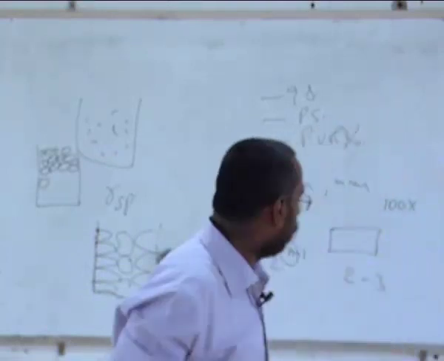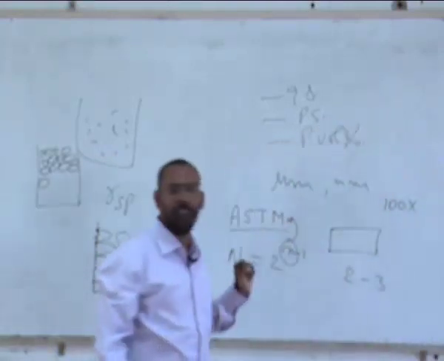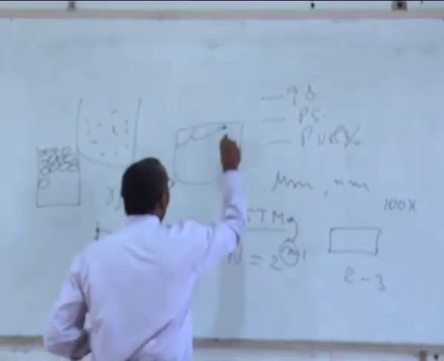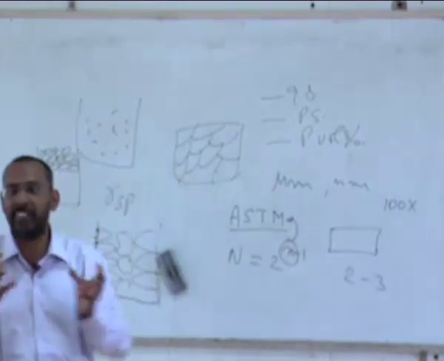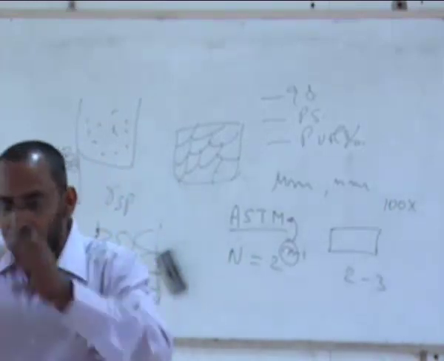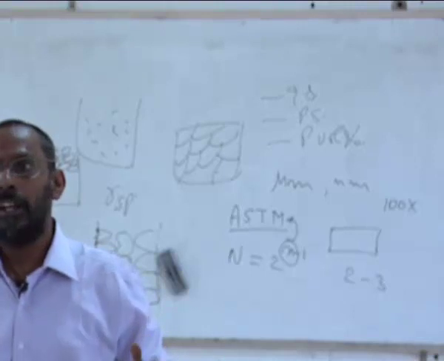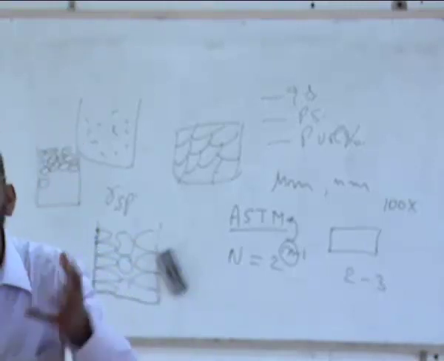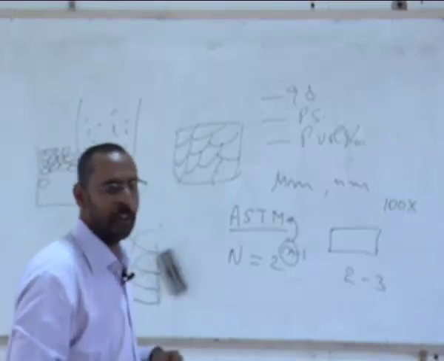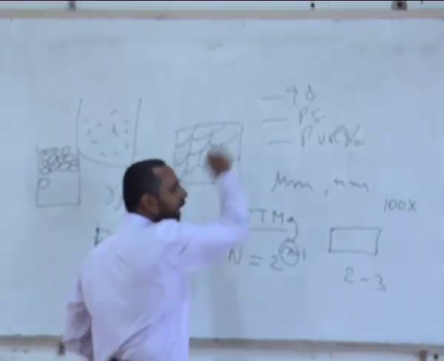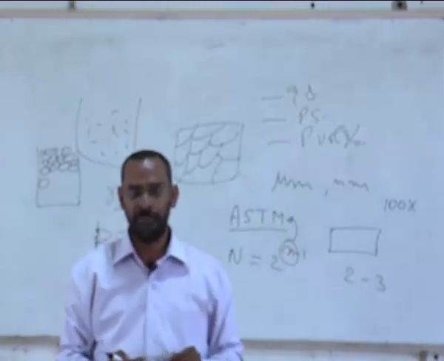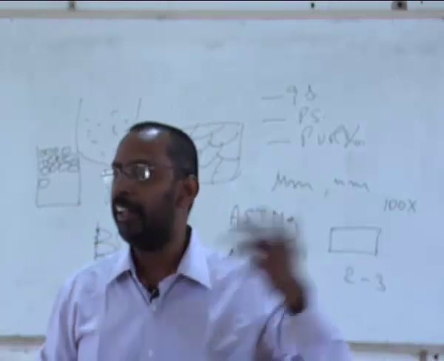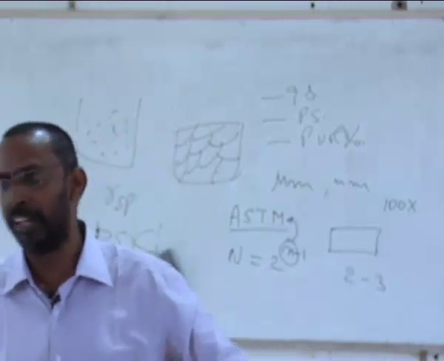And people also measure the number of grains like this by looking at an area with all these grains. Nowadays all these eyepieces are calibrated, so that in one particular viewing area, if I can somehow count the total number of grains in that area, I can find out how many grains there are. Of course, sometimes there may not be a full grain. There may be a partial grain. The full grain you are not able to see, only partially. So that is considered as, let's say, half of the grain or something like that.